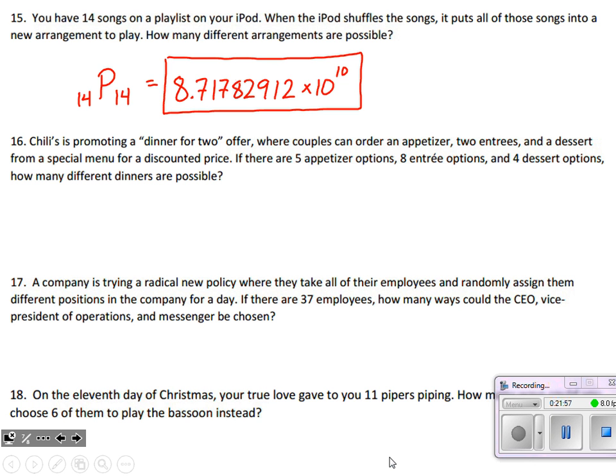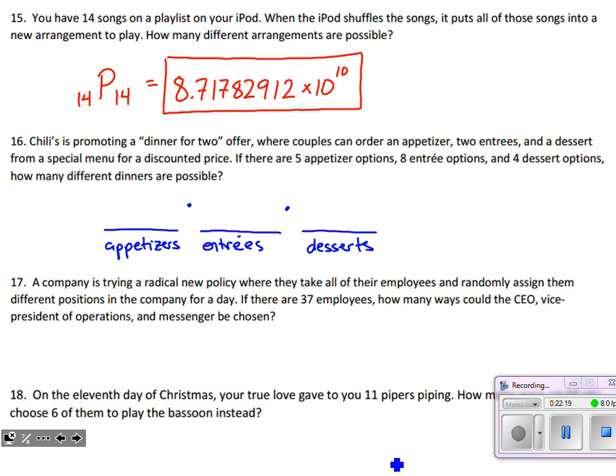Okay, well, this is our textbook menu problem. It really is a menu. And we just need to think, okay, how many options do we have for appetizers? And how many options do we have for our entrees? And how many options do we have for our desserts? Now, we want to be careful. It does say that we have 2 entrees. So how many appetizers can we choose? Well, different appetizers, we've got 5 of those.